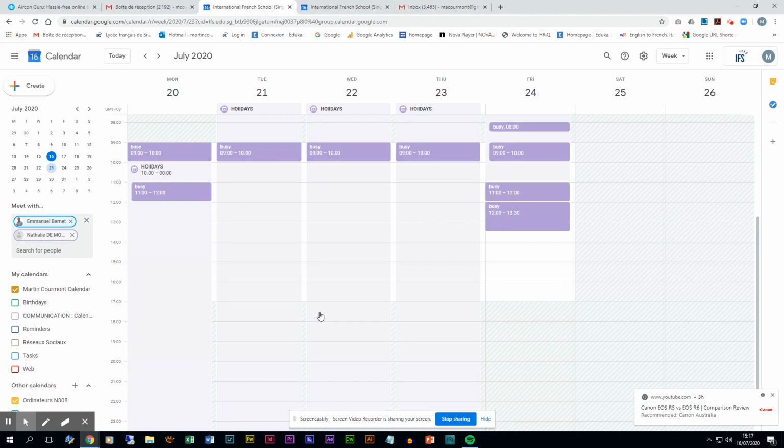You are now able to be sure if your guests will be available or not. You can also add other guests and still have a view of their schedule looking at the color they belong. Now, if you want to invite them at this time, on Friday 24th of July at 2 p.m., click on this slot.